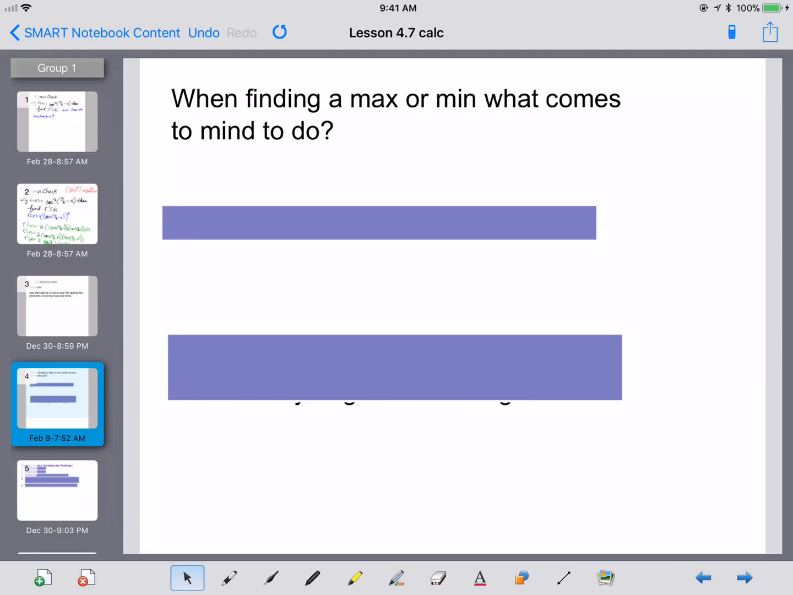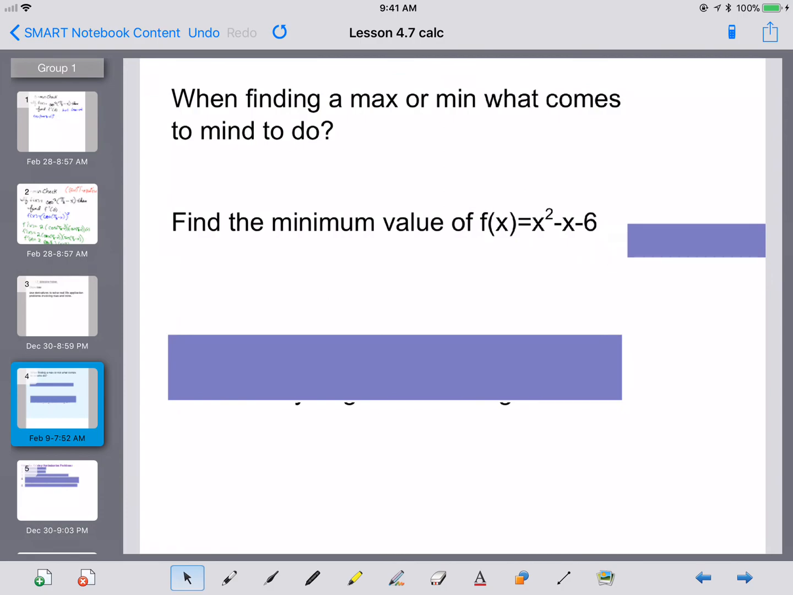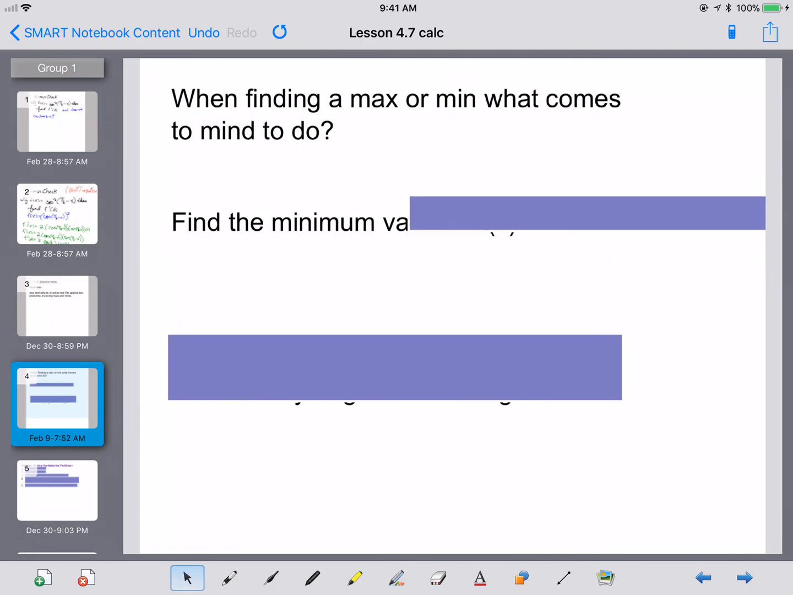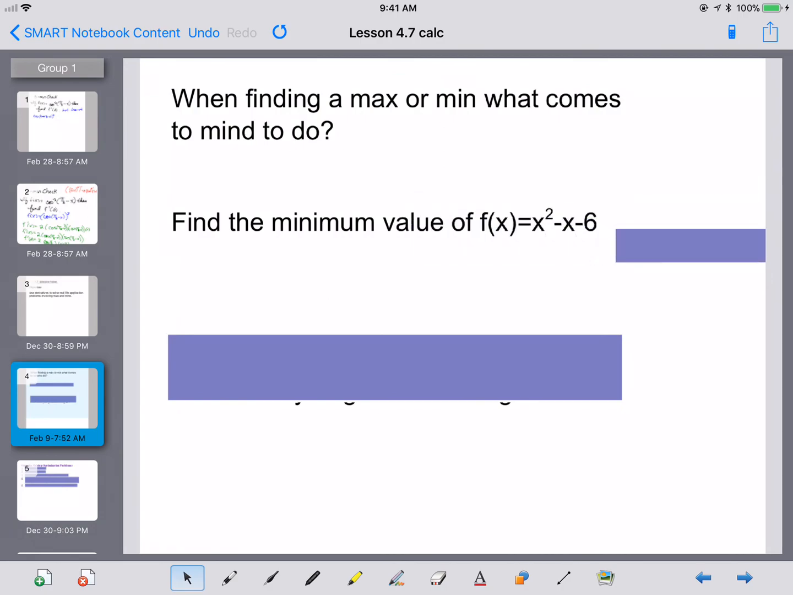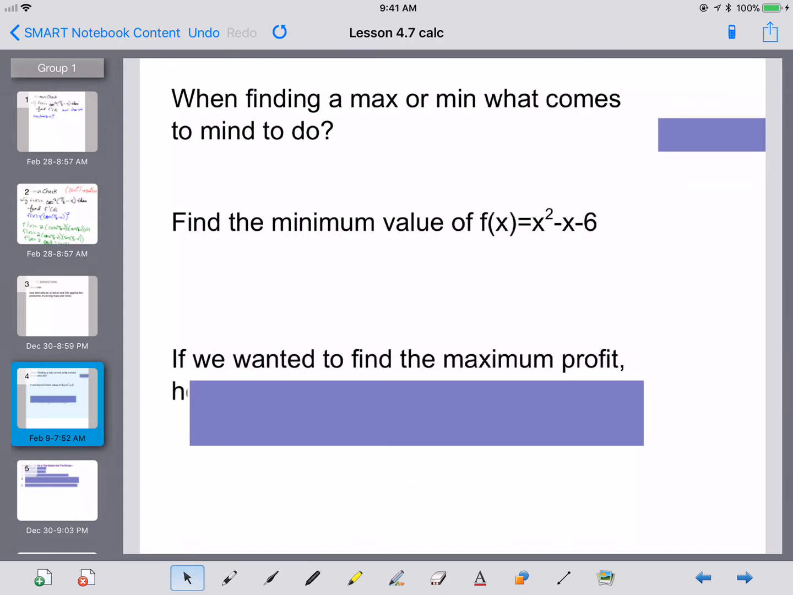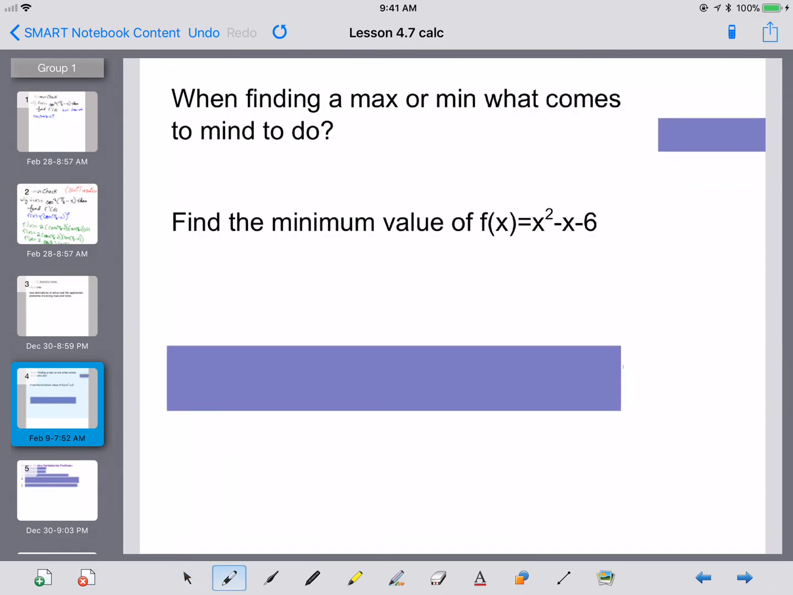What's the first thing that comes to mind when wanting to find a maximum or a minimum? Derivatives, graphs, we need to be able to find those peaks and valleys. So we're talking about graphing and finding that first derivative, okay? So let's take a look at this function. If we want to find the minimum value of this function,